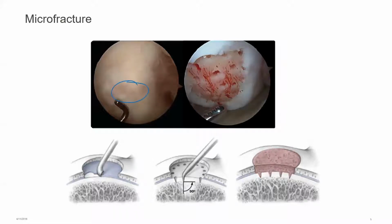So we can use microfracture treatment in order to prepare that area. You can see it's just removing that periosteal coating over the bone. And then you can see that there's some microfracturing. So a probe is placed going through the cortical bone into the spongy bone underneath, and this encourages infiltration of